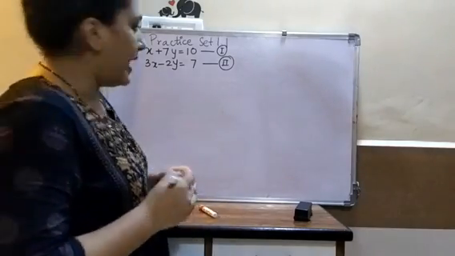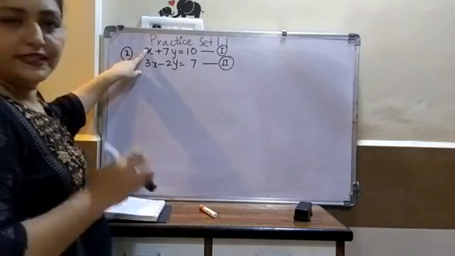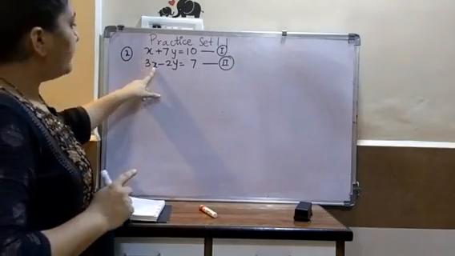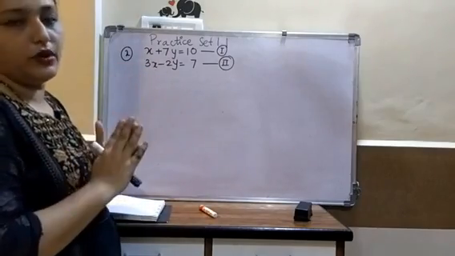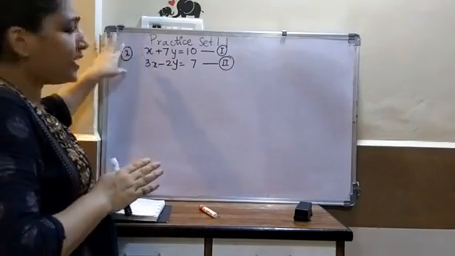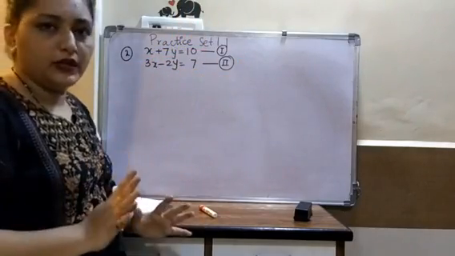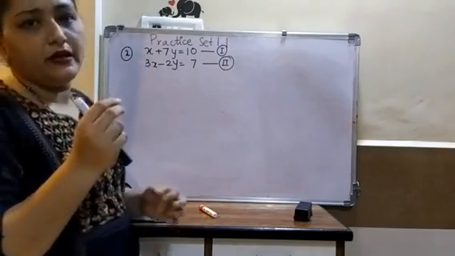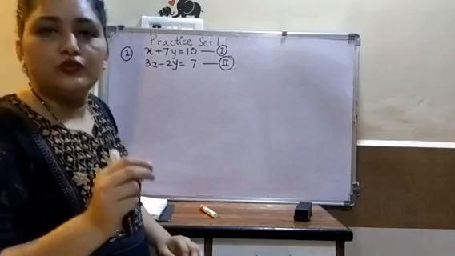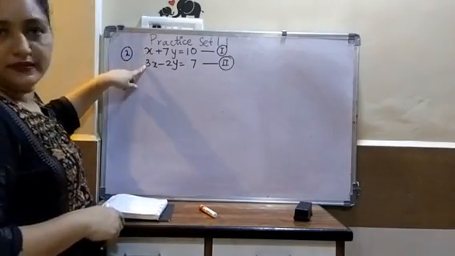So let's start. What you will search: here the coefficient of x is 1 and here the coefficient of x is 3. So you have to make them equal. Either make the coefficient of x equal or make the coefficient of y equal. You can equate either one, it is not that only x can be done. But choose whichever is easy to equate. So here it is very easy to equate this.